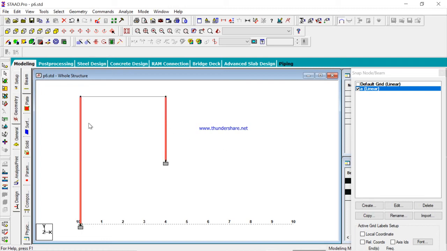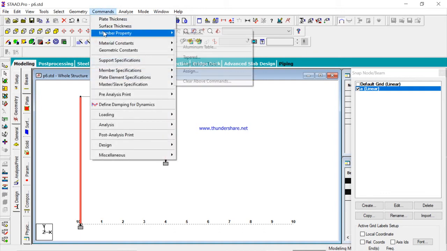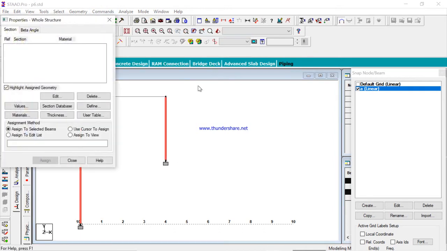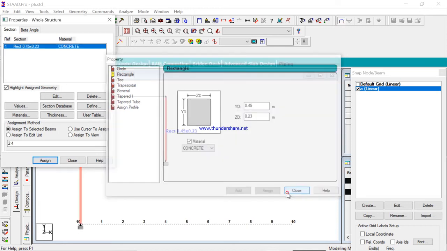So select the column member, go to the commands, go to member property, select prismatic. Here go to rectangular section. Now here we can define YD as 0.45 and ZD as 0.23. We have always considered an arbitrary dimension: width of the beam is 0.23 and depth of the section is 0.45. So you can take it like this and then assign and close.